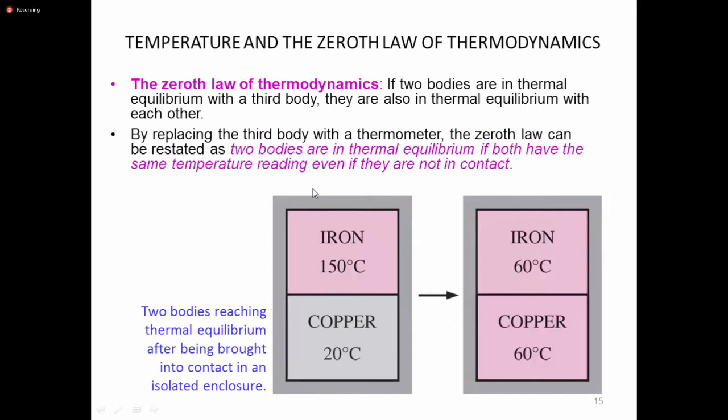Now moving forward, in thermodynamics we have the different laws of thermodynamics. That is the first law of thermodynamics, second law, third law, and zeroth law of thermodynamics. The first law of thermodynamics tells us about the law of conservation of energy. The second law tells us about the entropy. Third law, temperature can never be equal to zero.